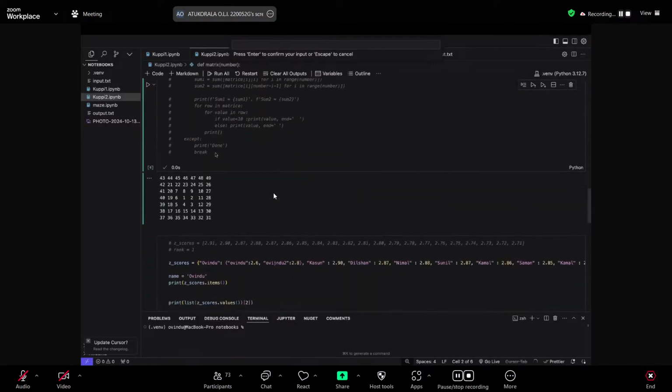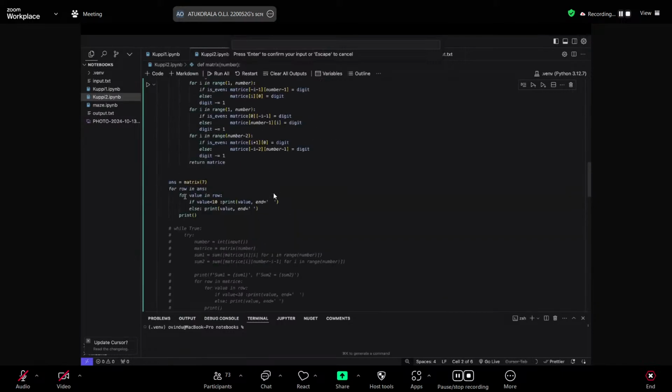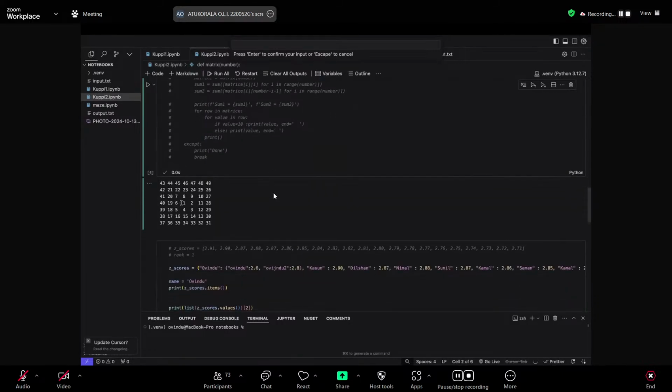For example, the 7 by 7 spiral matrix will have the smaller 5 by 5 spiral matrix inside it. The 5 by 5 is made of the 3 by 3 spiral matrix, and inside the 3 by 3 you have the 1 by 1 spiral matrix, which is just one. So that is my initial logic.